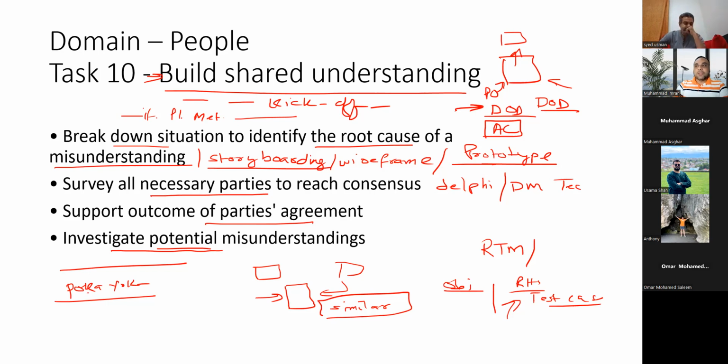So ultimately, if you continuously have these problems, that many change requests are coming, there was a question in the exam also: many change requests are coming, every stakeholder is coming with different objectives. And as a project manager, what will you do? The correct answer was you will stop the project and invite the stakeholders to renegotiate the scope. Why are these changes coming? What was the problem? This is what investigating potential misunderstanding means.